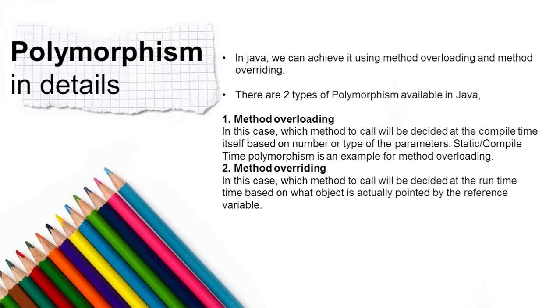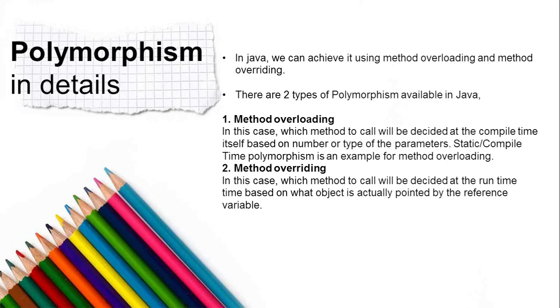So there are 2 types of polymorphism in Java. One is method overloading. In method overloading, the methods which are overloaded have the same name but different signatures. Different signature means the return type may be different, or the number of parameters of the method may be different, or the data types of the parameters may be different. This is called method overloading. This is known as compile time polymorphism. That is, during compile time, the Java compiler tries to understand which particular method you are calling and determines that method.